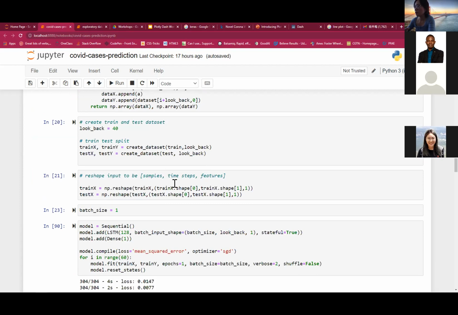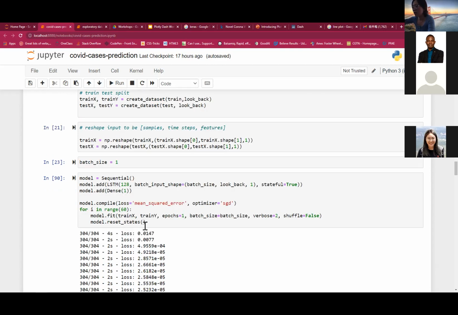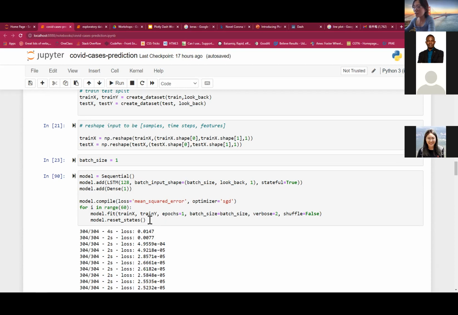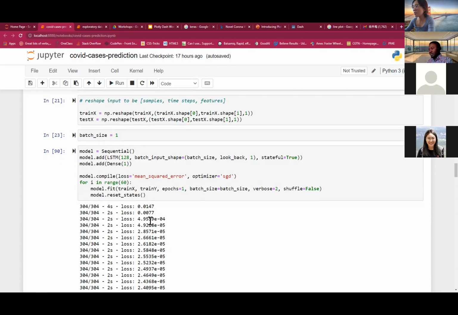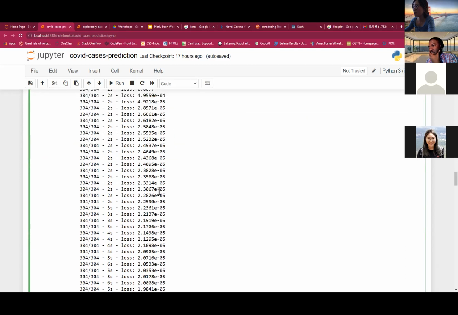And for the sake of time, I won't go too much in depth on how the train test split is done, which is actually pretty straightforward, and why these 2 layers were selected. But if you're interested in this, we can definitely catch up offline, and for sure send me a message, or if you're in the Slack channel, feel free to post any questions you have in Slack, and we can give you a better explanation. But basically, after building this model and training it with 60 epochs,